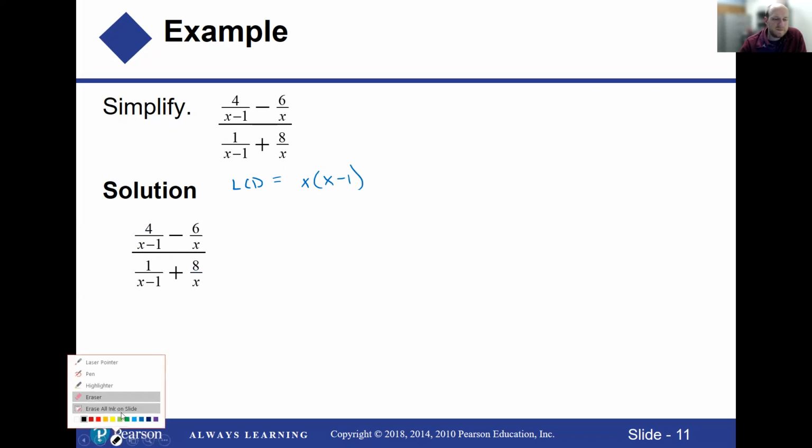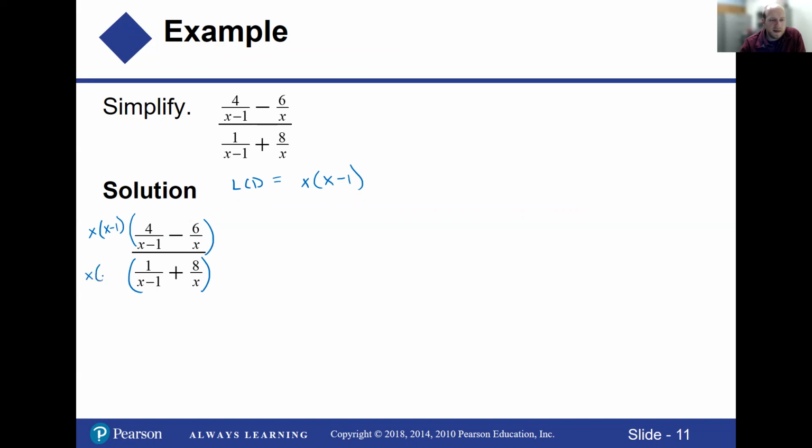So that's your LCD. And then what you do is you take that LCD and you multiply it by both your numerator and your denominator. So here's the numerator, I multiply it by the LCD. Here's your entire denominator, I multiply that by the LCD. And this is going to take a little bit of time to write out here. So now we distribute this in here, both on the top and the bottom. We distribute it to the numerators. So I have 4 times x